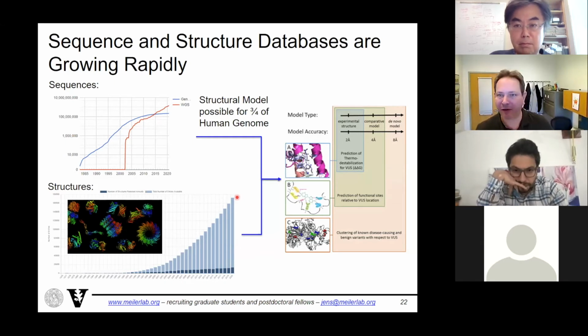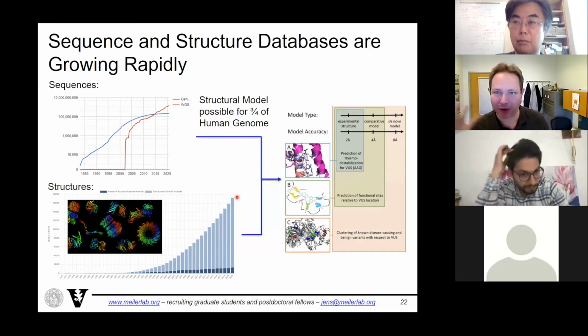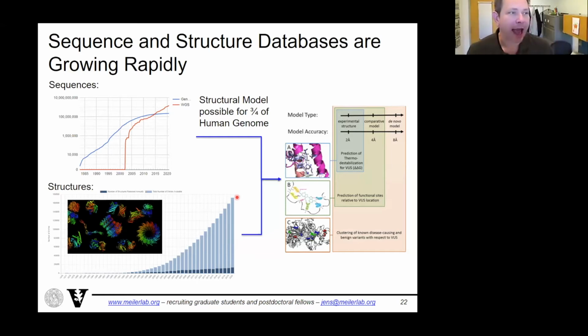For about 75% of the human genome, you can build a very accurate model for the portion of the human genome that folds in the protein, so the proteome, if you like. And at the same time, the sequence world with next generation sequencing and other things is so rapidly growing. It is not difficult anymore for a patient to sequence the genome and find out what are the mutations that this patient has, that distinguish him from maybe his parents or his siblings that are healthy.